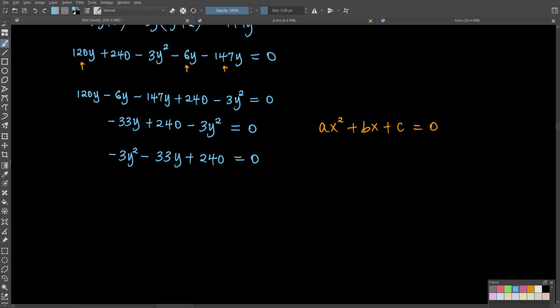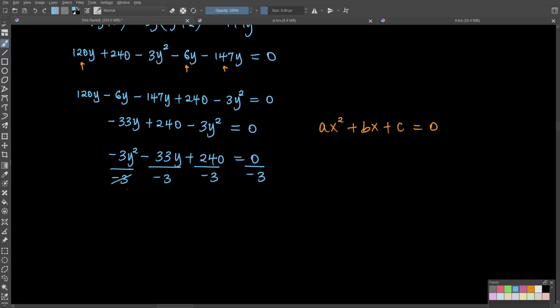Okay, so now you need to notice that here all these terms are divisible by negative 3, right? So we have negative 3 here. Negative 33 is still divisible by negative 3, and 240 is also divisible by negative 3. So we are going to divide through by negative 3. So this is going to be divided by negative 3, divide by negative 3, divide by negative 3, divide by negative